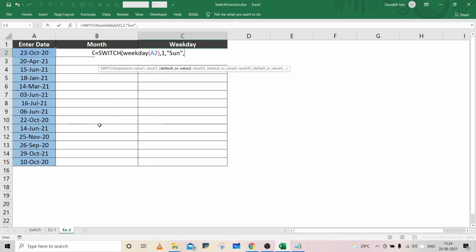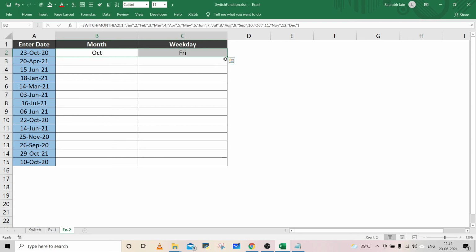If value is 2, the result will be Monday. Similarly, we have provided value from 3 to 7 with corresponding weekday name. Closing bracket and press enter, and cell C2 is showing the weekday name.